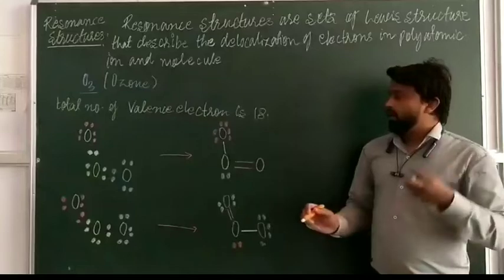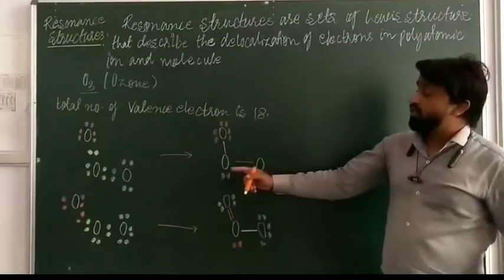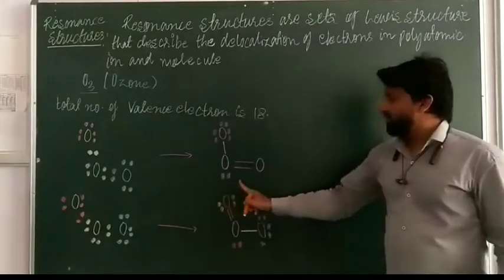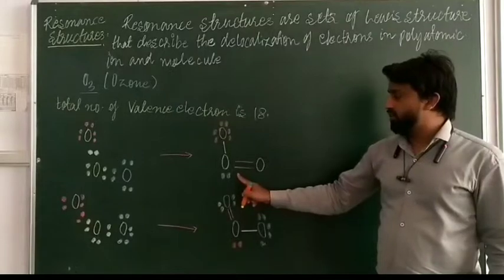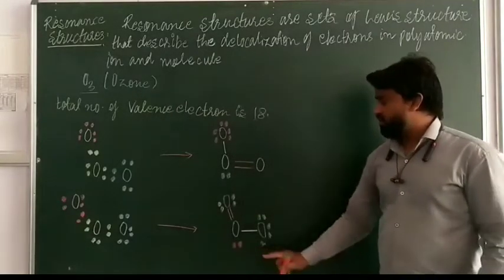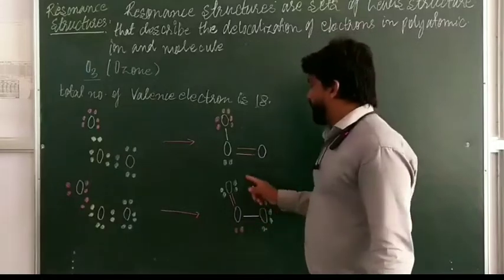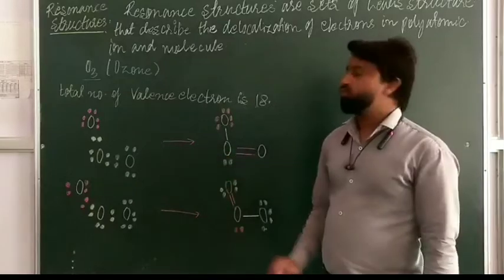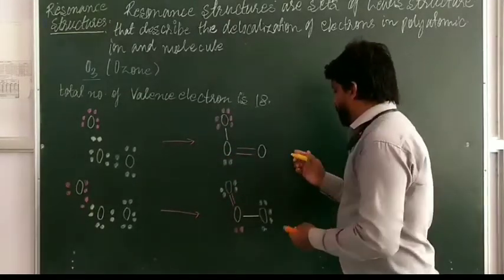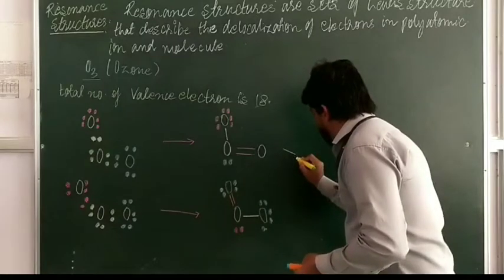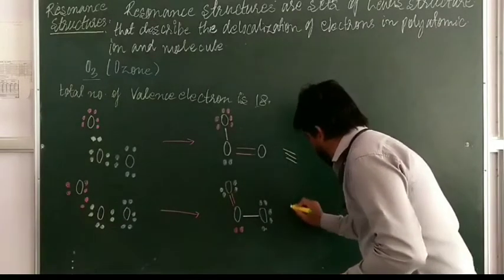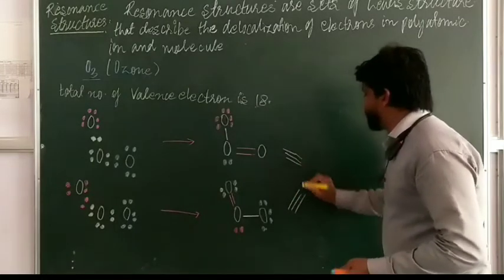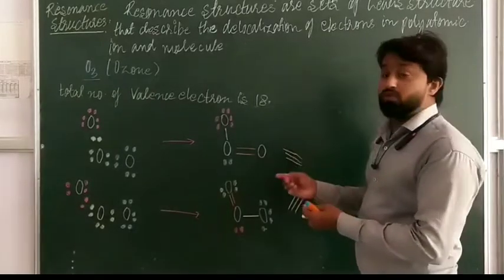Let's have a look. Here are the different sets of Lewis structures in the ozone molecule. The possible resonating Lewis structures are formed like this, and like this. If you note here, there is delocalization of the electrons across the different structures of the ozone molecule. So we make a simple diagram and write the resonance structure of this ozone molecule.